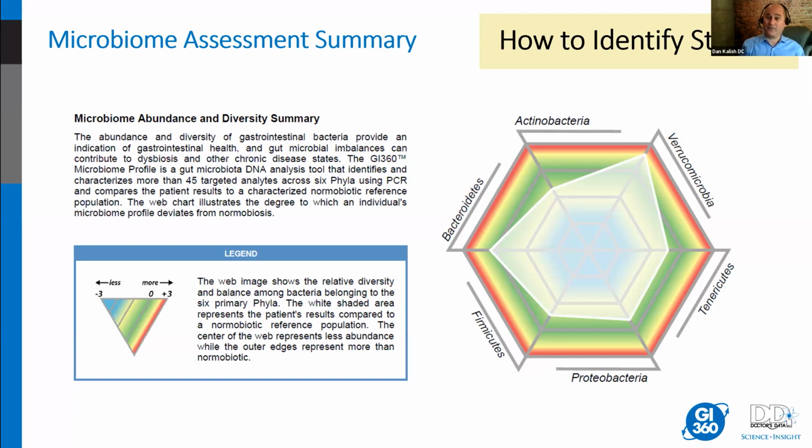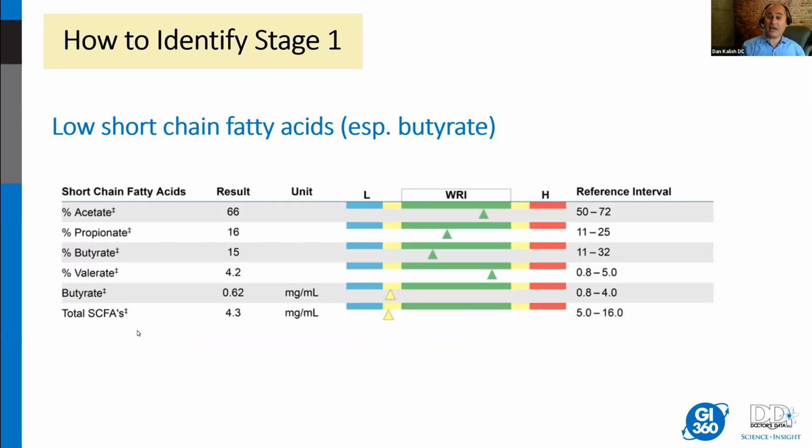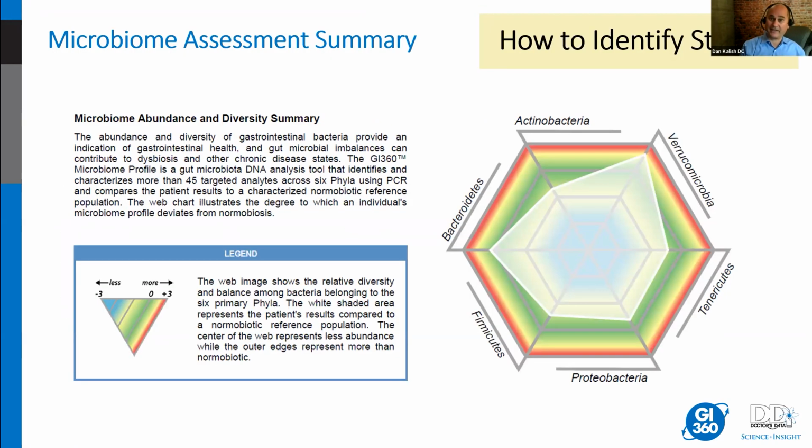You really would have to be a full-time scientist just looking at this in and of itself. So what we're doing instead is looking at summary information, so you don't have to memorize each one of the individual organisms that they're reporting on. You're looking at a summary to see if there's an overall good or bad balance with the microbiome, right? And so they again present this to you in a graphic form here so you can see if the microbiome is balanced or not. And if you either have low short chain fatty acids or an imbalanced microbiome, then you're